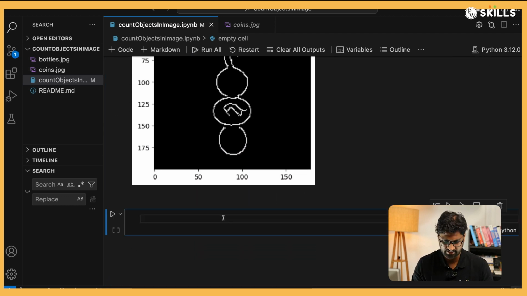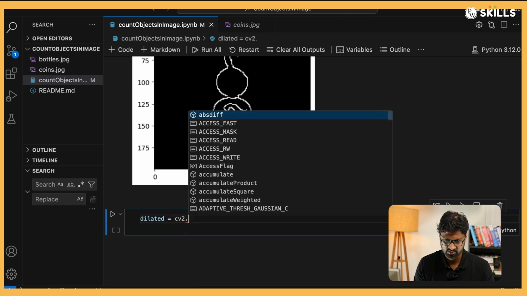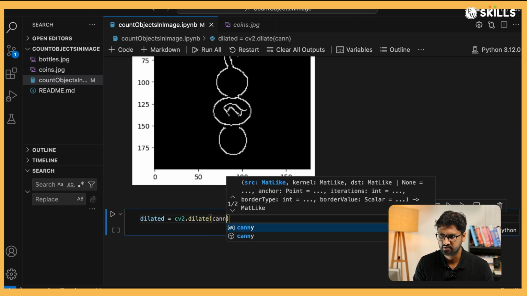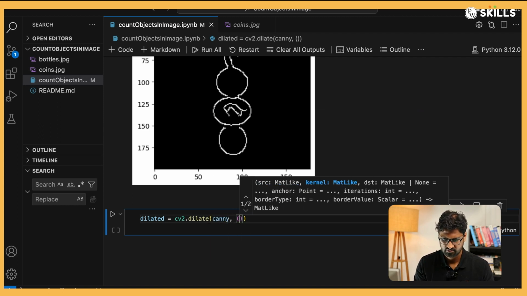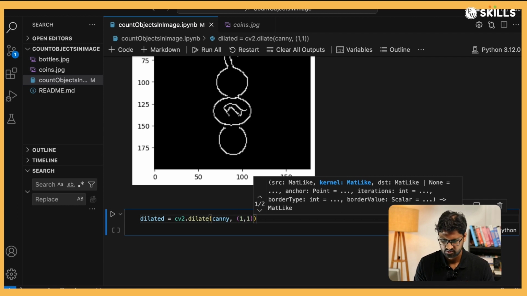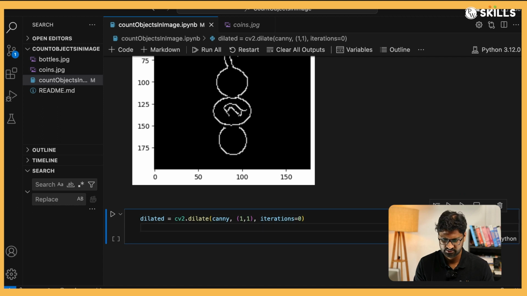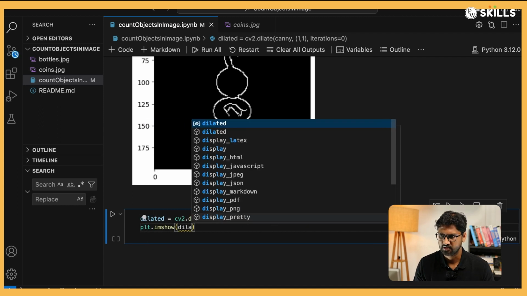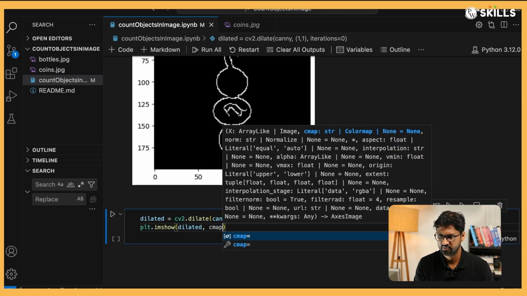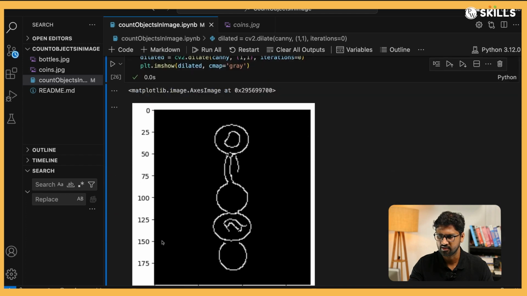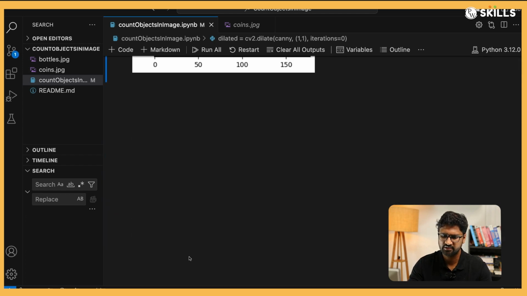So I say dilated equals cv2.dilate, and inside that I pass canny, one, iterations equals to 0, and I say plt.imshow, and I pass dilated, and I pass cmap equals gray. If I run this, this got dilated, and then finally I have to define the contours,